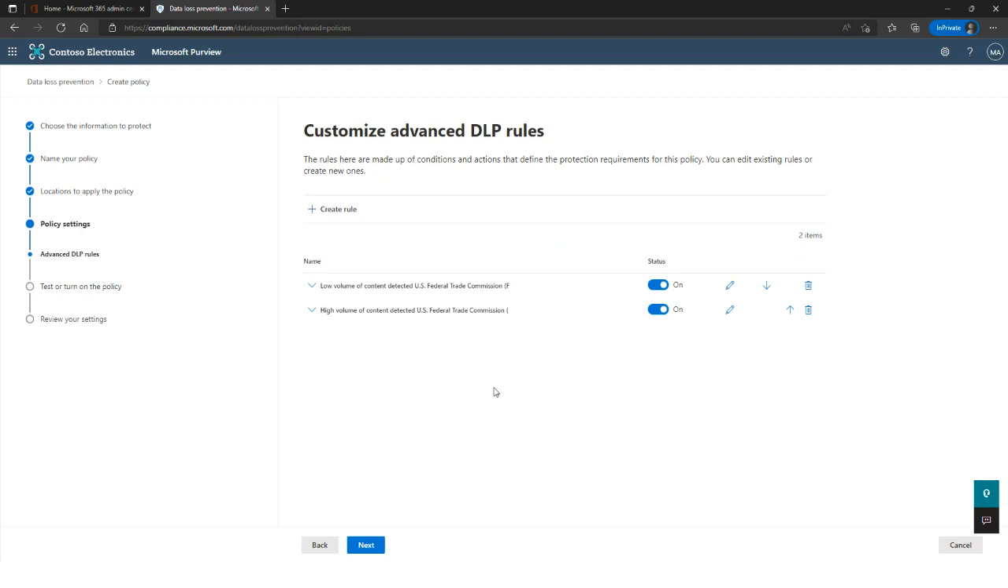Well, the reasoning is that you might want to exhibit different protection actions based on if a person is sharing just one credit card number versus they're trying to share an entire list full of credit card information. You might want to be more restrictive for the persons trying to share that high volume versus low volume. So we give you the ability to create different types of protection settings for these low volume versus high volume